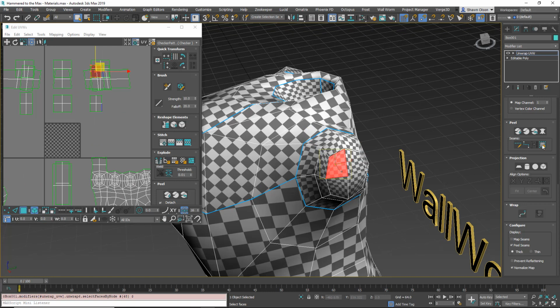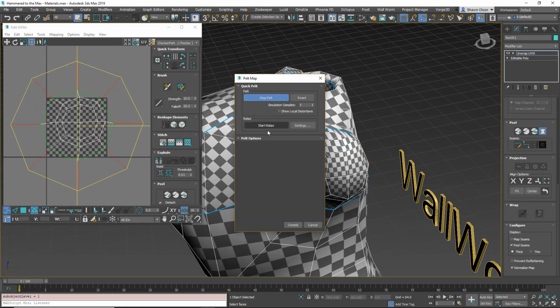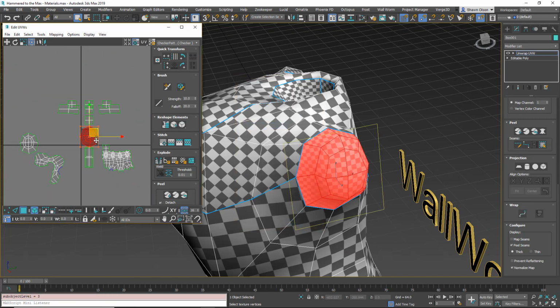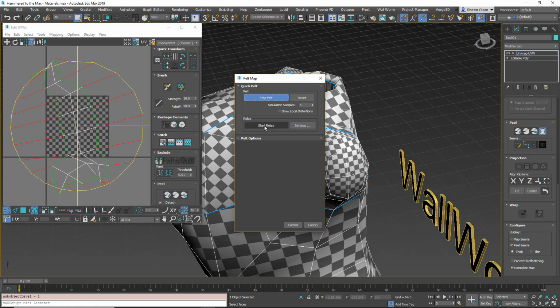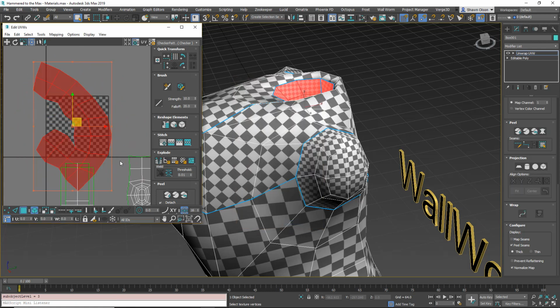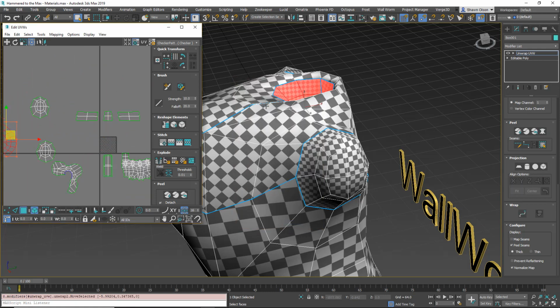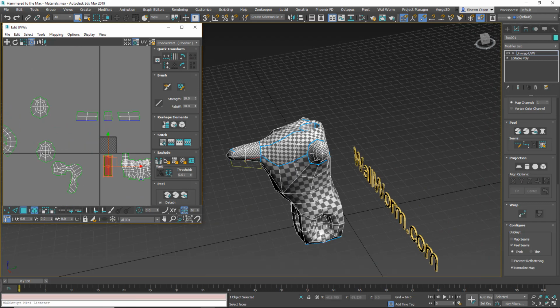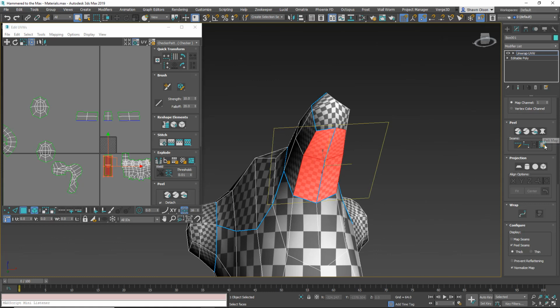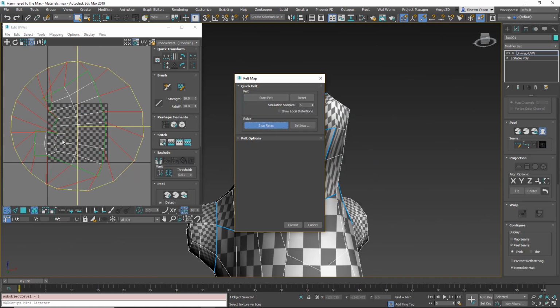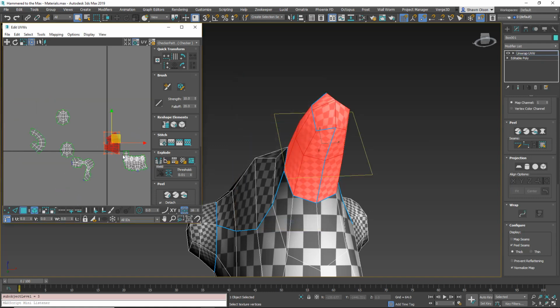So we're going to expand a selection, pelt map this, start, commit, move this out, expand a selection, pelt map, and relax it, commit, and let's see, where are these pieces? All right, down here to this nose piece, expand a selection, pelt map, all right, and it looks like we